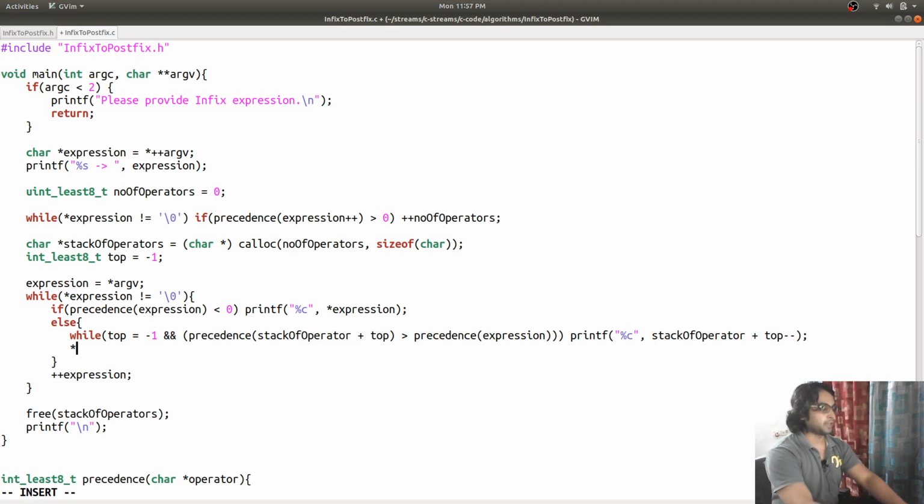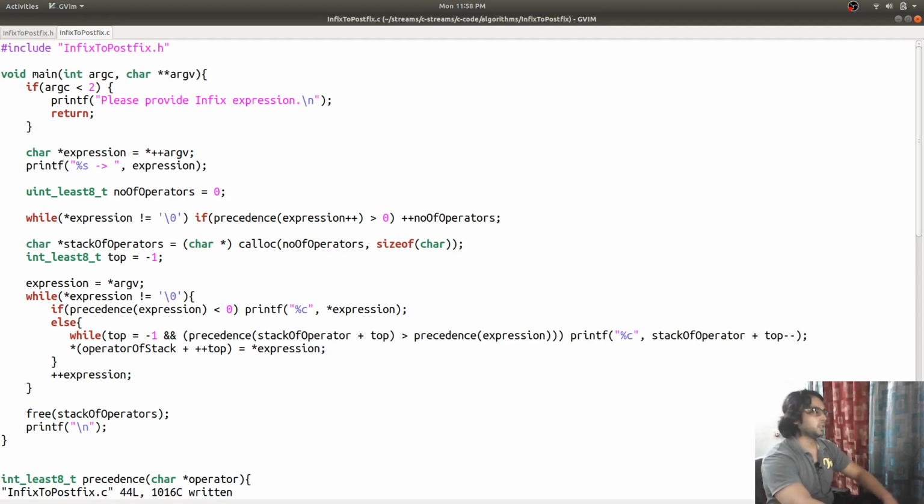So we need to do that, and do that operate is equal to expression, because we need to increment the top because the current top position is already occupied by some other operator, and I have read the character from this memory location and copied it into this memory location.